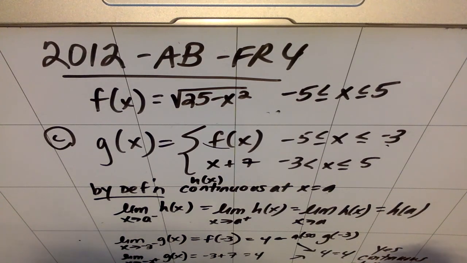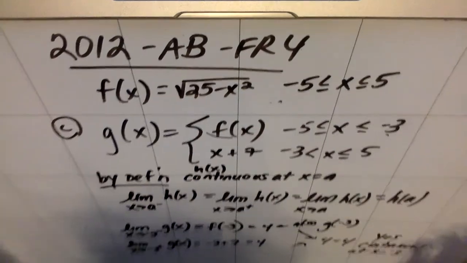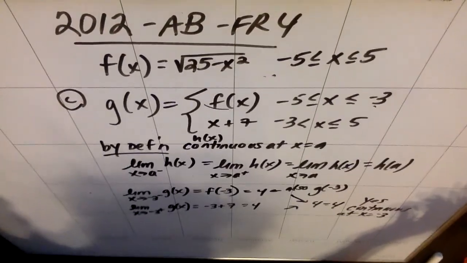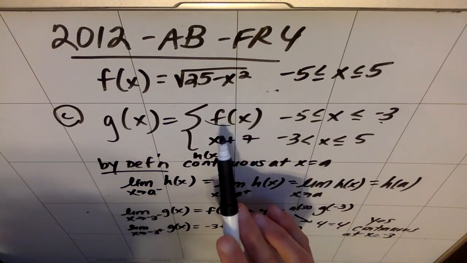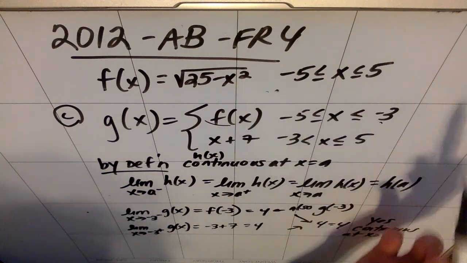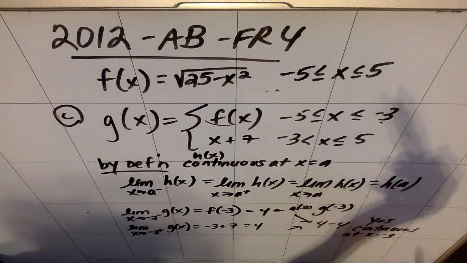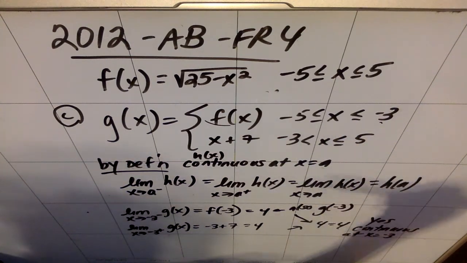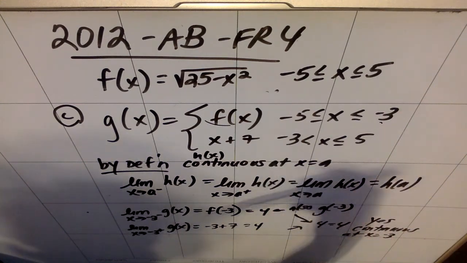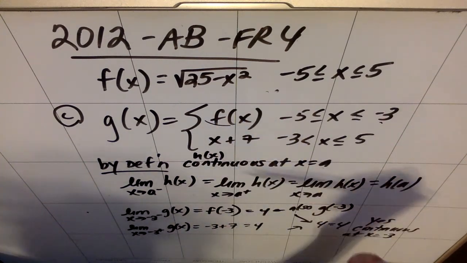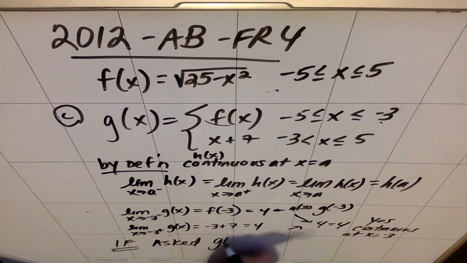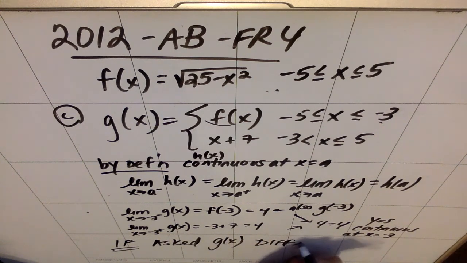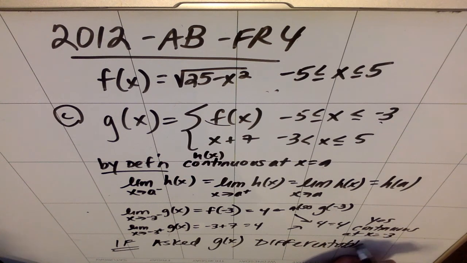Interesting side note that they don't ask here, but they can ask, is sometimes they will ask you if something is differentiable. Sometimes they'll ask you if something is differentiable at 3. What it would mean if they asked if it's differentiable is that the derivative of both of these would also be equal at that point, at that break point of -3. So if you were asked, and you're not asked here, but if you were asked if this was differentiable, the answer would be no, because we already know from our previous work that f prime of negative, so if, and you're not asked that here, but if you were asked, is g of x differentiable, not continuous, if they asked differentiable at